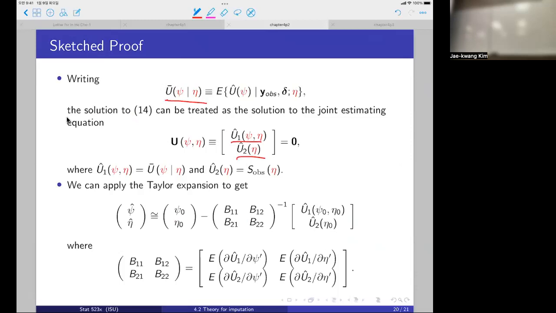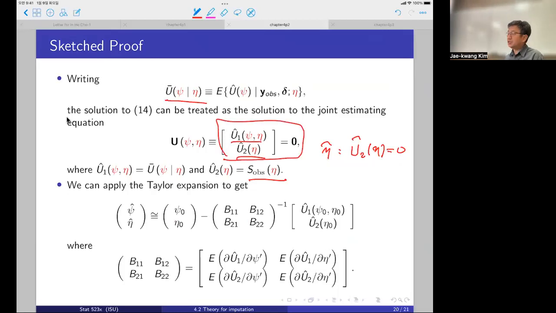So let's call that equation U2(eta) equal to 0. There must be an equation that determines the eta hat, which is actually the observed score function, right? So once you write it as a joint estimating function, then you can